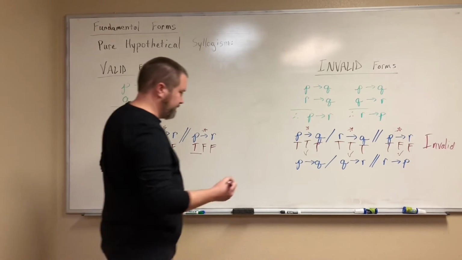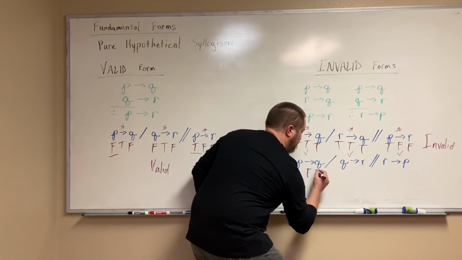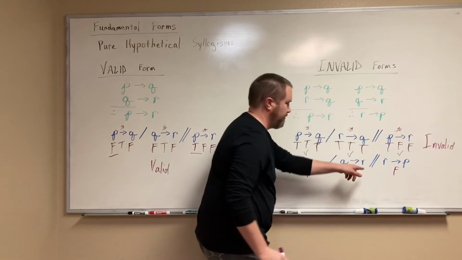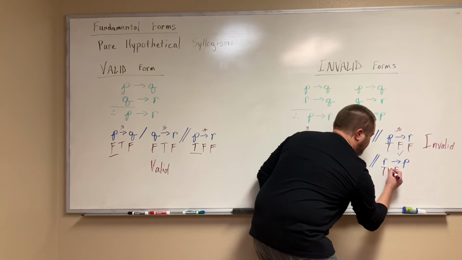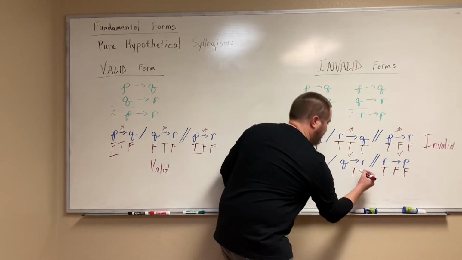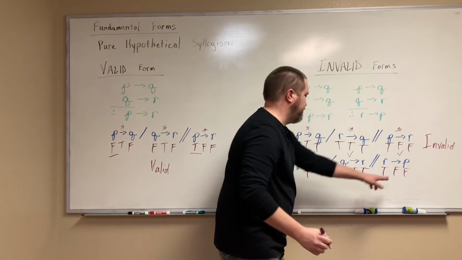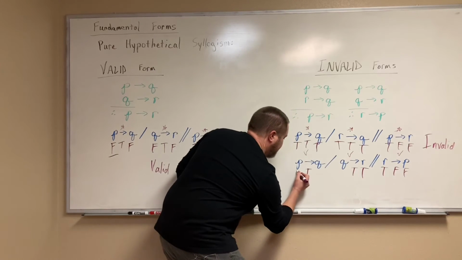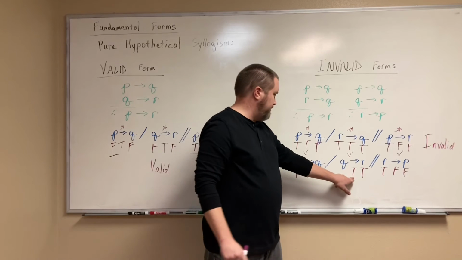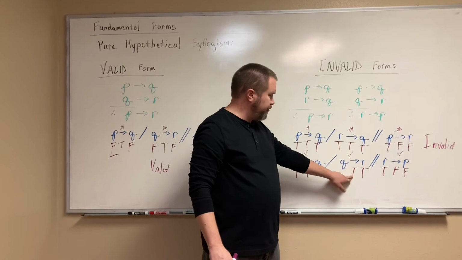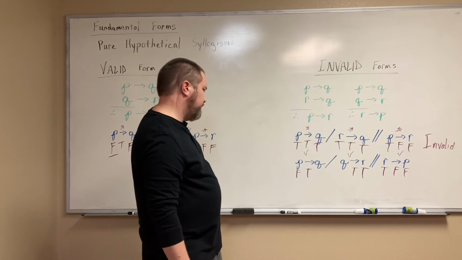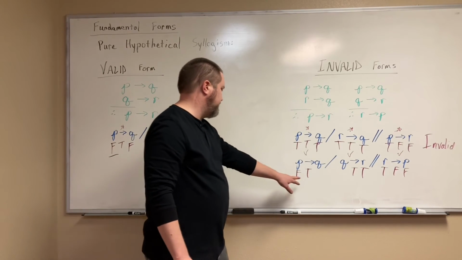So we have true, true, false. Start with the false conditional. We're forced into a true antecedent and a false consequent. So we fill in what we have. R is true, P is false. That one I'll come back to. Let's start with this one. True conditional. We have a false, actually,